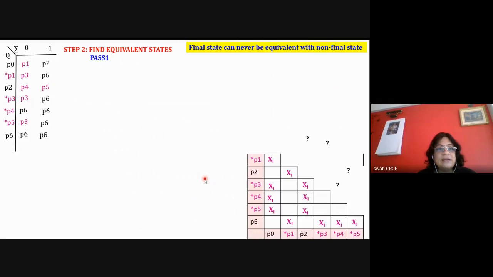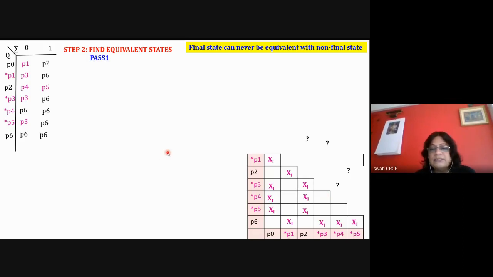Now for the equivalent states, we have to create this table properly. Here, remember, horizontally you start from 0. And if you are starting from 0 here, you have to start from 1, from top to bottom. And from left to right, 0 to one state less. Okay, and create a square like this.